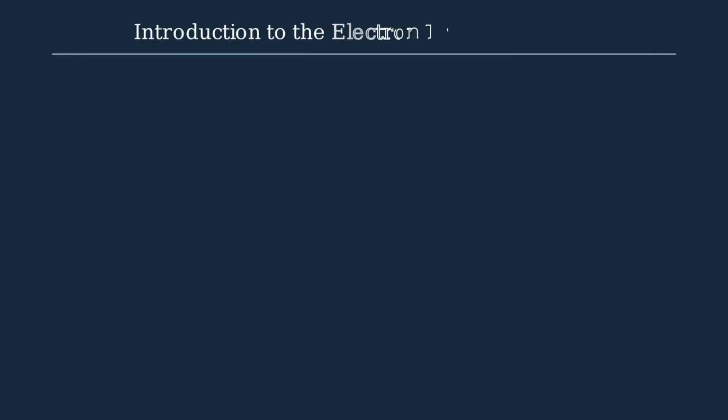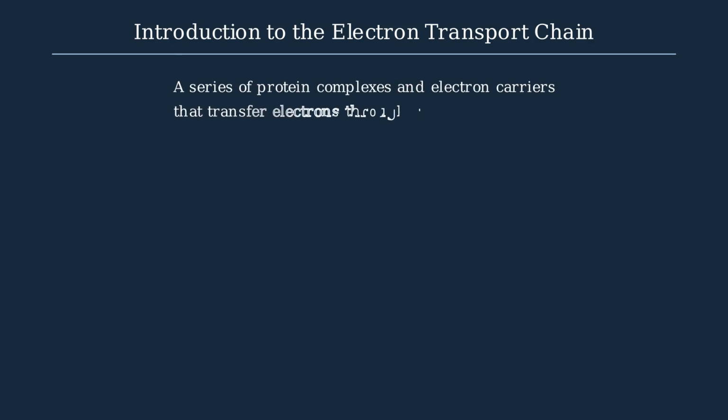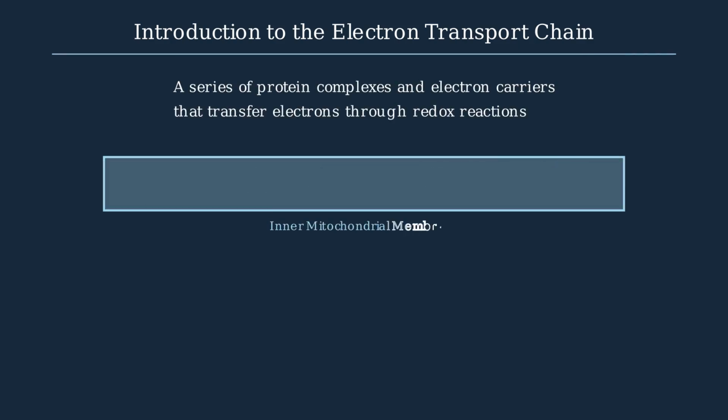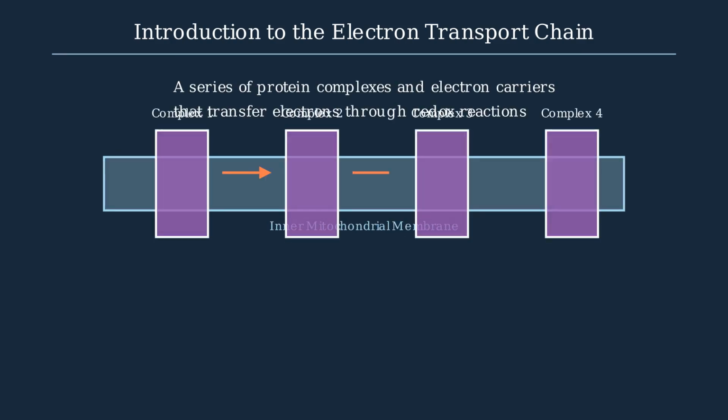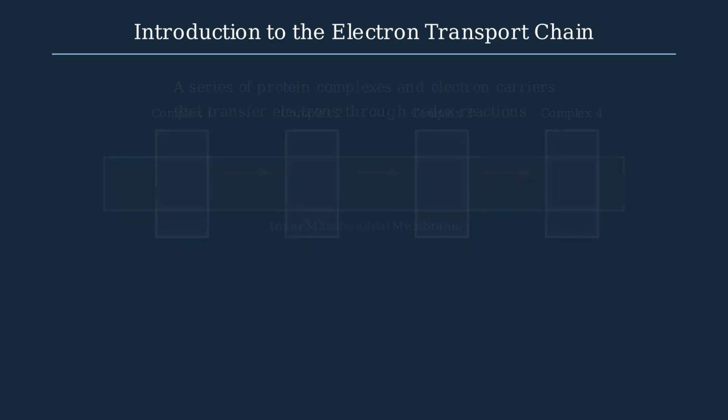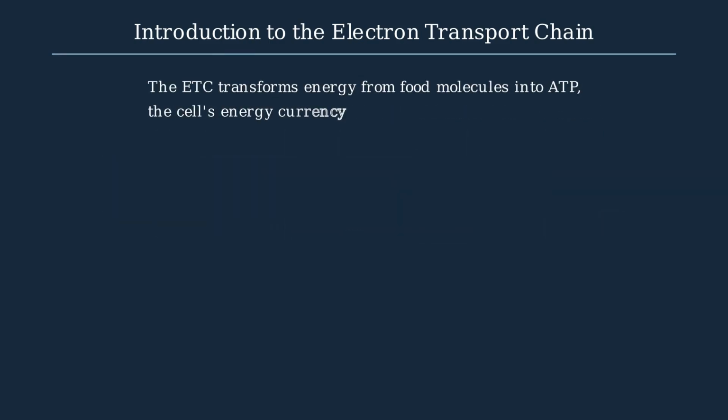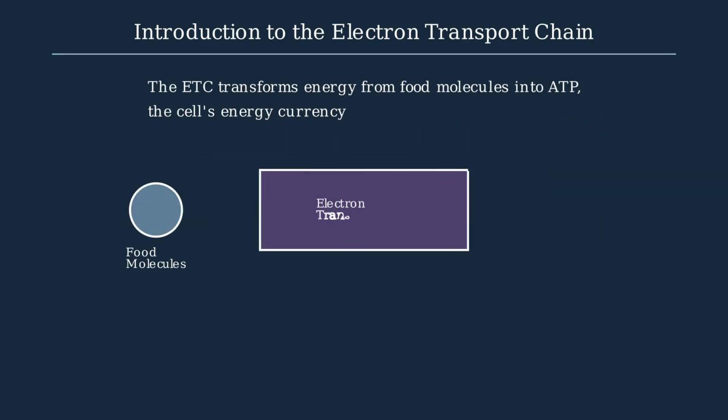The electron transport chain, or ETC, is a critical biochemical pathway in cellular respiration. This essential process occurs in the inner mitochondrial membrane and involves a series of redox reactions. The ETC plays a crucial role in converting energy from food molecules into ATP, which serves as the cell's energy